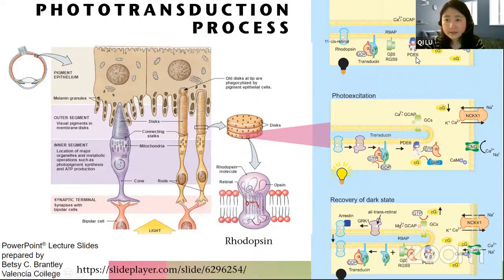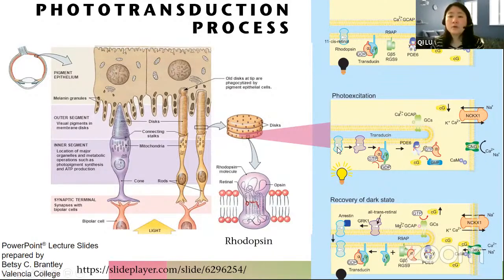Here we can see the general process of phototransduction. In the dark, everything is at a resting state, with a very high concentration of cyclic GMP, and the cyclic GMP-gated channel is open. So cations like sodium or calcium can flux into the photoreceptor, inside of the cell. But if the light is on or the light intensity is increased, then the